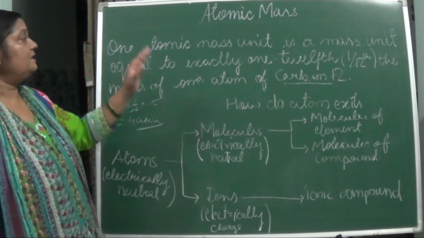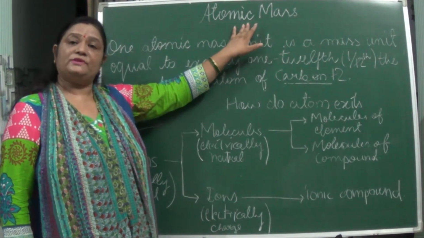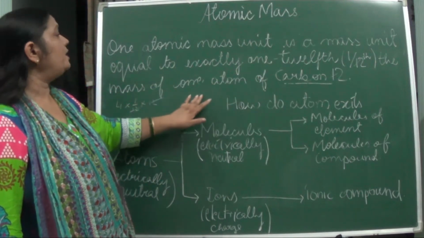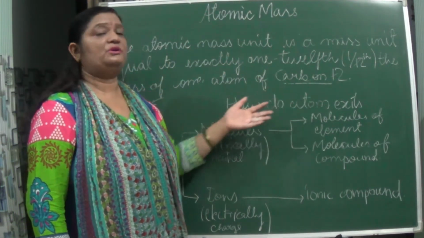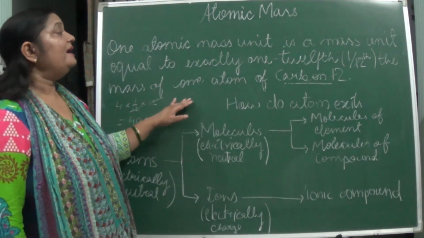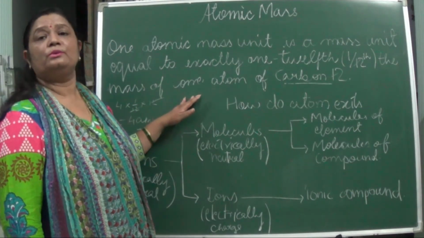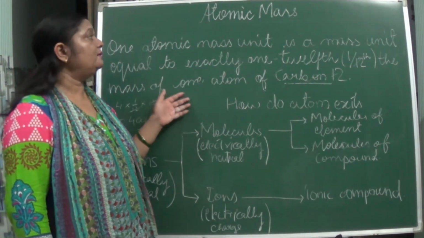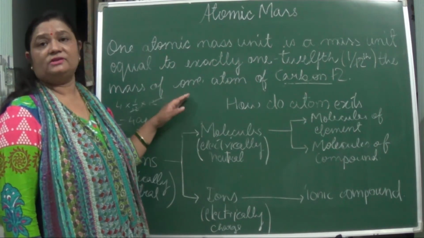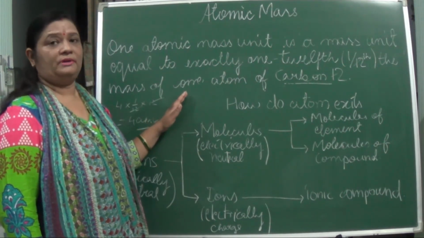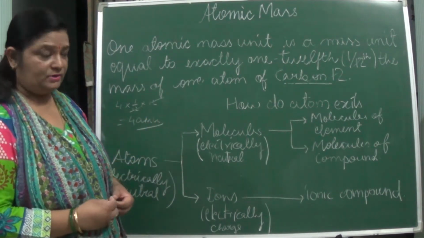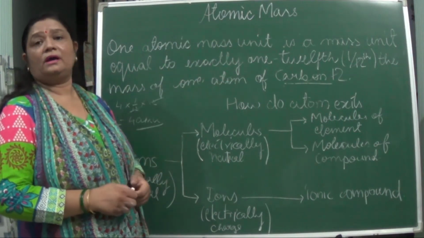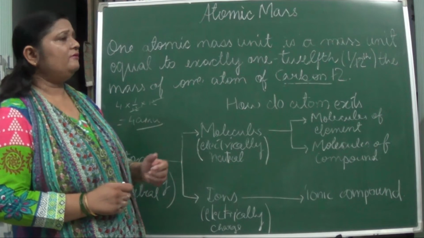So here we are seeing that this atomic mass is not an absolute term. It is a relative term, because it is compared, or it is equal to 1/12 of carbon 12. So it is a relative term, so it is also known as relative atomic mass. Okay, sometimes we get the mass in a fractional form, and that is known as fractional atomic mass, and that we take out in case of isotopes. So I'm saying this atomic mass is a relative term. Relative means comparable.